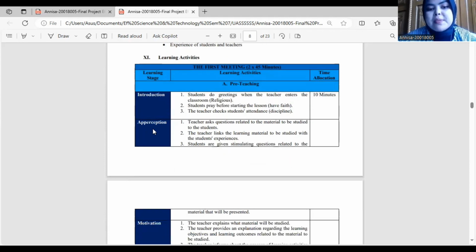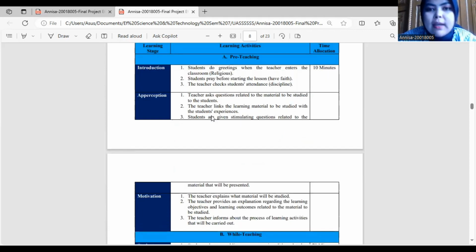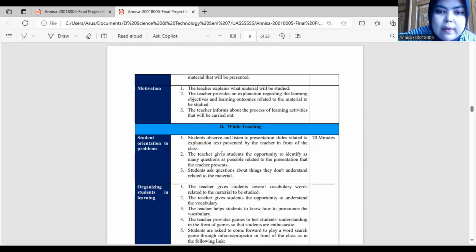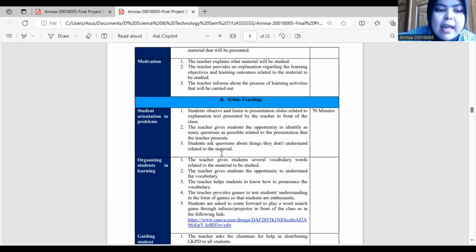There is introduction, perception, and motivation. For the first meeting, the time allocation is 90 minutes, but you will divide it into 10 minutes for pre-teaching, 70 minutes for while-teaching, and 10 minutes for post-teaching. In the pre-teaching, there are some stages that you can read, and the essence of this first meeting in the while-teaching is that students are told about